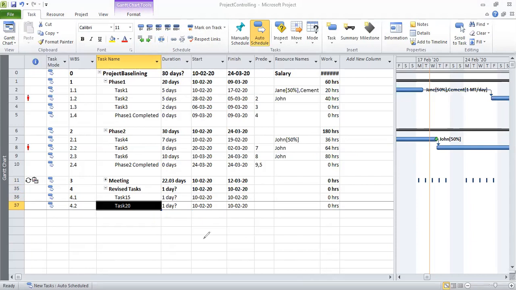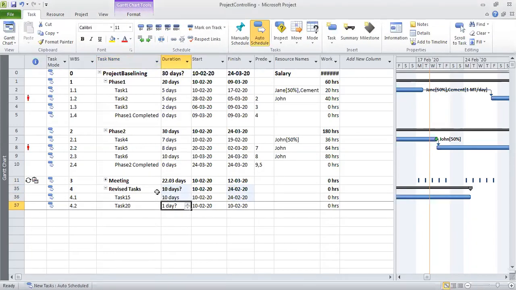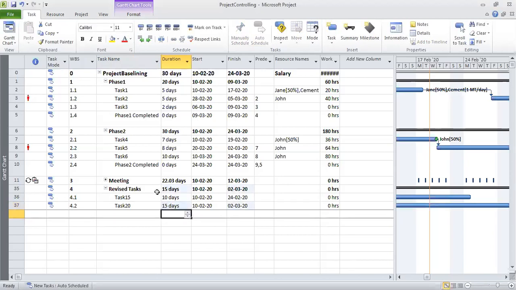And let us say that task 15 is going to take 10 days. Task 20 is going to take another, say, 15 days. I'm just putting numbers arbitrarily. The start date for task 20 depends upon task 15.